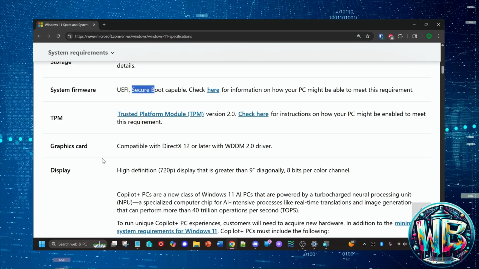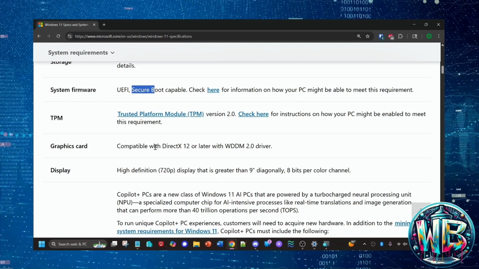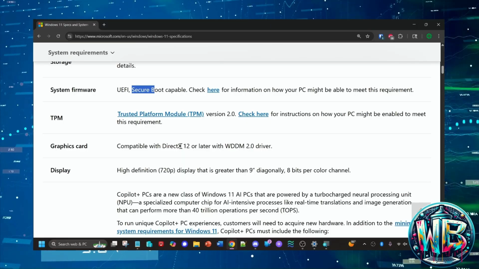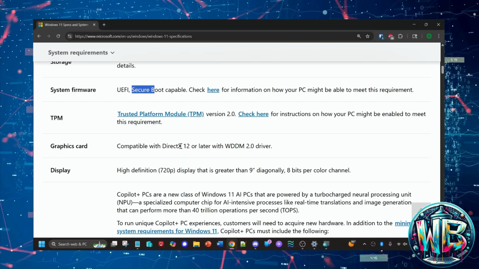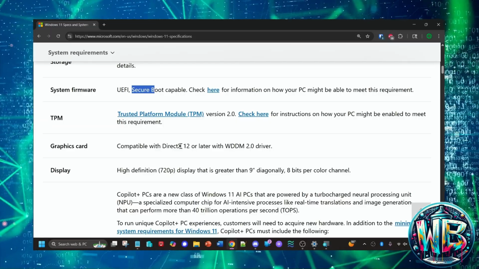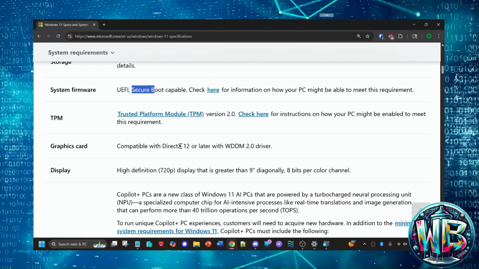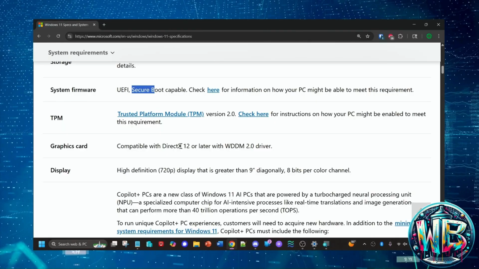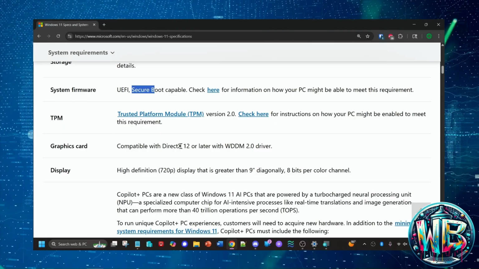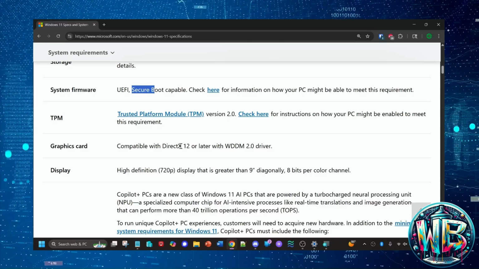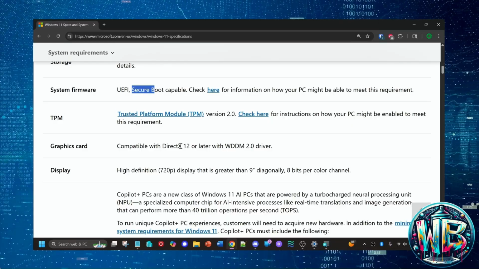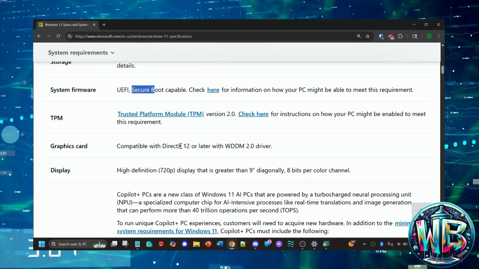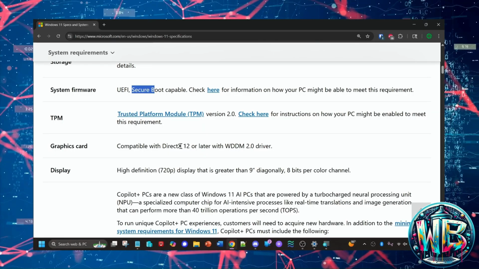Now, next up is the graphics card. This has been a requirement for, going back, I want to say to the Vista or whatever. And it definitely didn't go back any farther because there was a different driver model back then. It was called the XPDM or the XP driver model. And when Vista came out, they moved to what's known as WDDM. The WDDM is the Windows Display Driver model, and what it did is it moved the